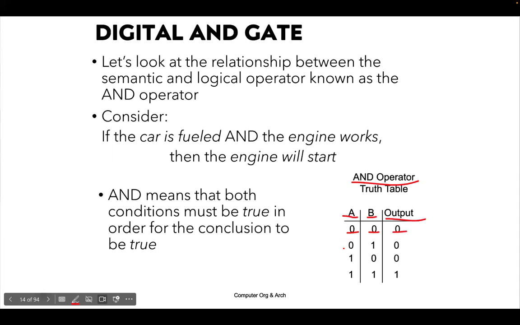And if input A is false, but input B is true, that does not determine the true output, but it also remains false or 0. And the same appears here. But in cases where both inputs,